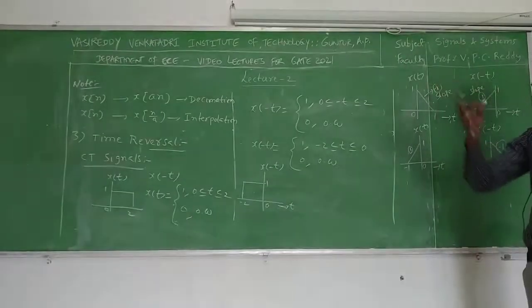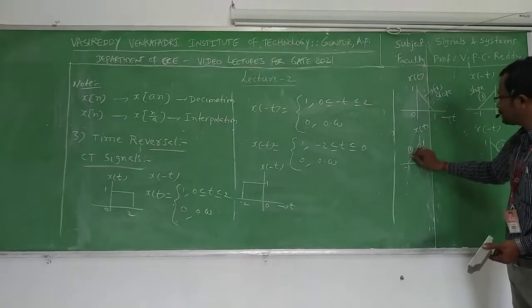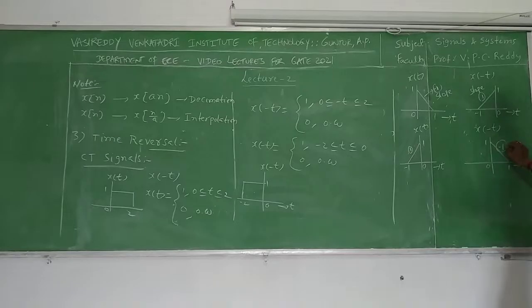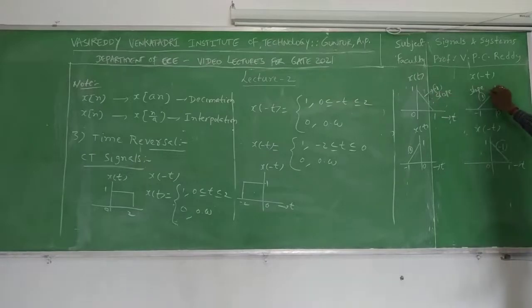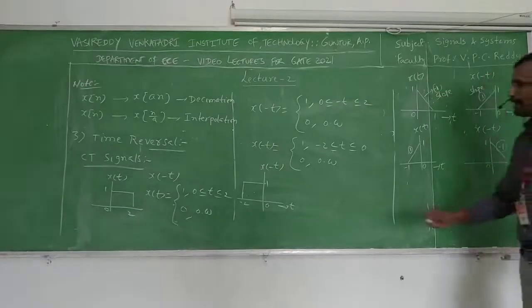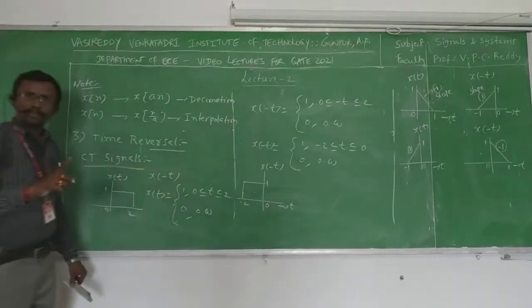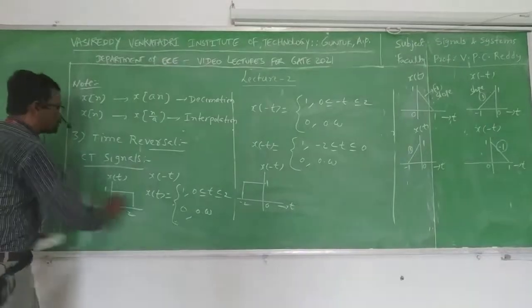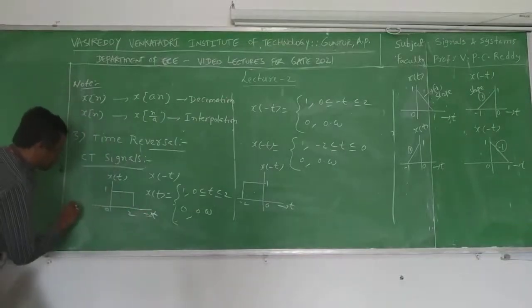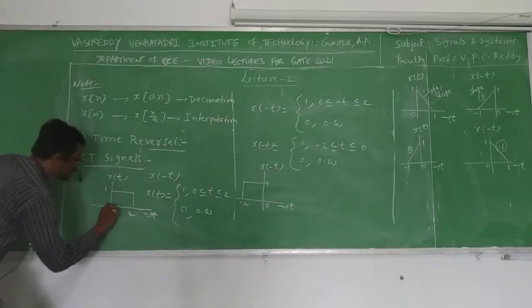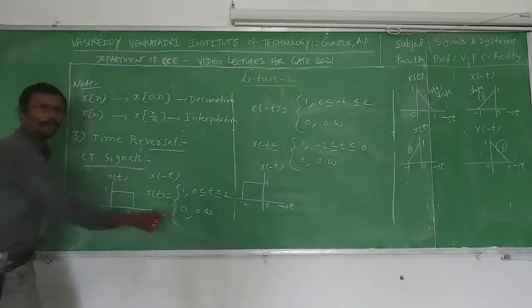Okay, suppose the signal has some slopes, like positive slope or negative slope. If it is positive slope in the original signal, it becomes negative slope in the time reversed version of the signal. Suppose the given signal has some negative slope, that becomes positive slope after the time reversal. Okay, and if you observe x of t in the first example, moreover you have to remember that you have to always read the signal from left to right, not from right to left. If you read the signal from left to right, this is nothing but a sudden jump. So we have to always read the signal from minus infinity to plus infinity.